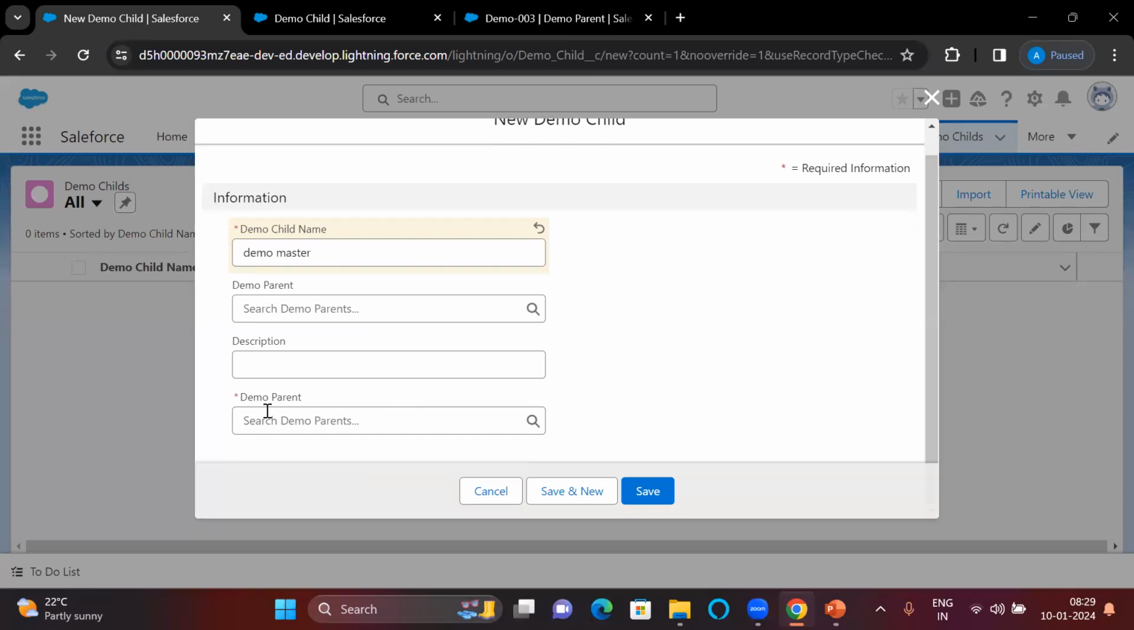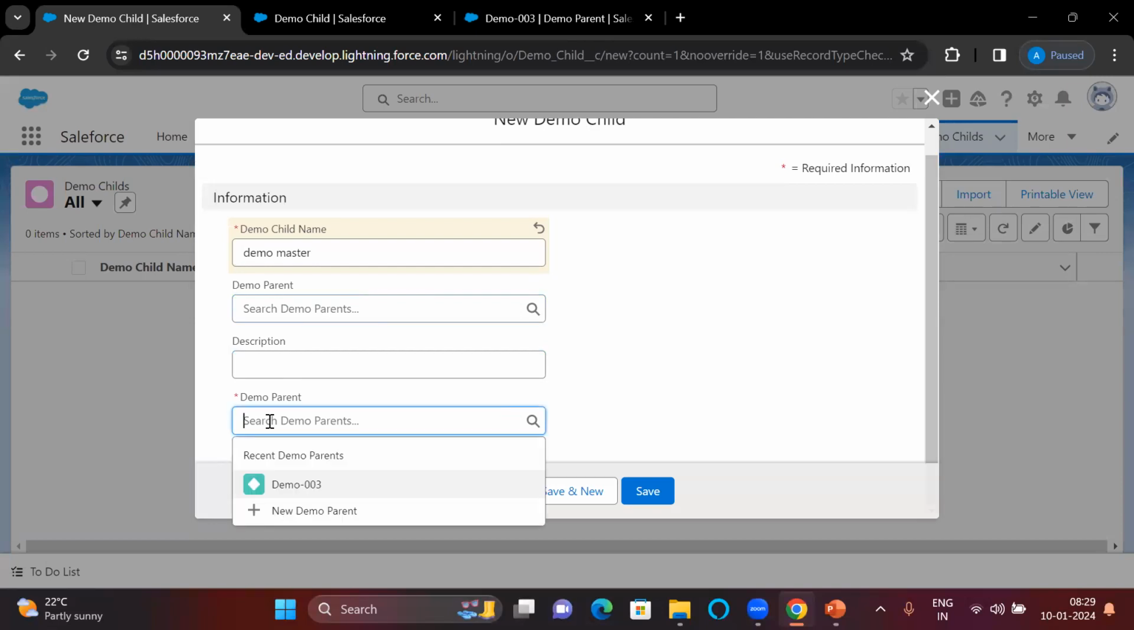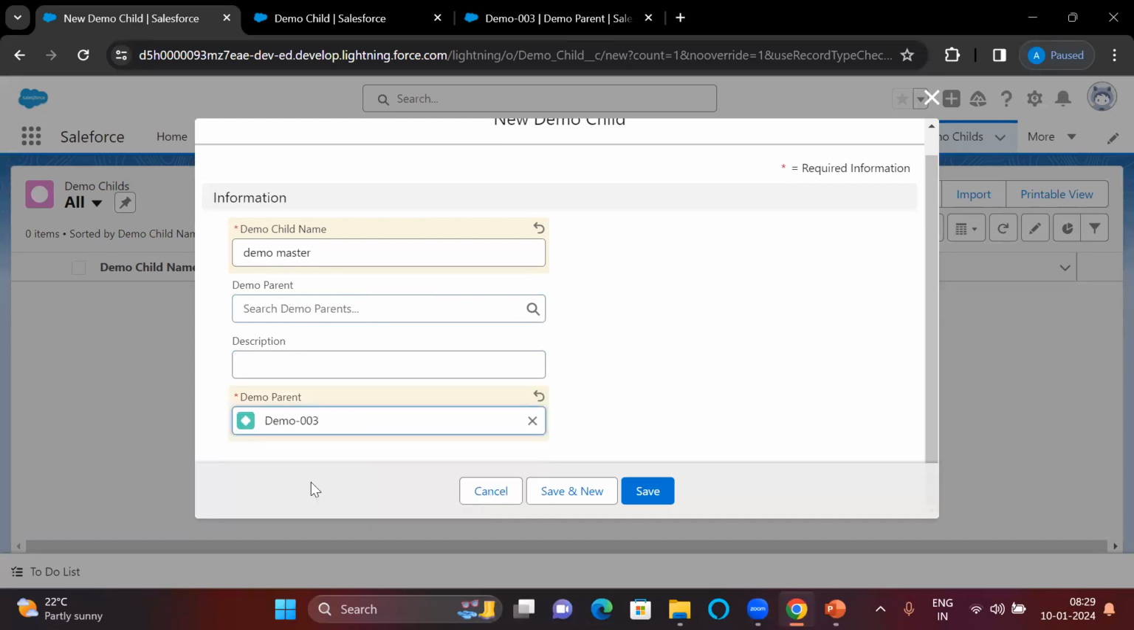Now here the demo parent, this demo parent is lookup. That is why this is not coming as a mandatory. So when we set up demo parent master detail, by default it became mandatory. So in order to have a child record, the parent should be mandatory for any child record. So I'm selecting this. Why is this parent really required? Because